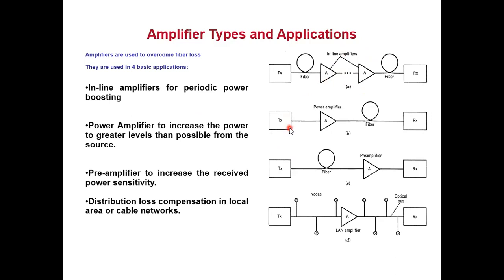What you feel is, after the transmitter end, let me increase the power level before actually sending it to the fiber. So you have a power amplifier. The transmitter power you boost to a higher level, and then you transmit it through the fiber. So my signal is already amplified before it propagates through the fiber. As it propagates, we know losses will take place, but it is sufficient to reach the receiver. Accordingly, I will select the gain factor so that my signal reaches the receiver in a properly accepted way. So I have a power amplifier.